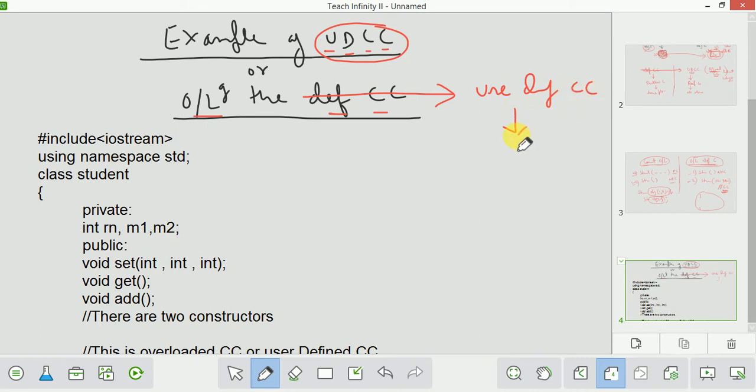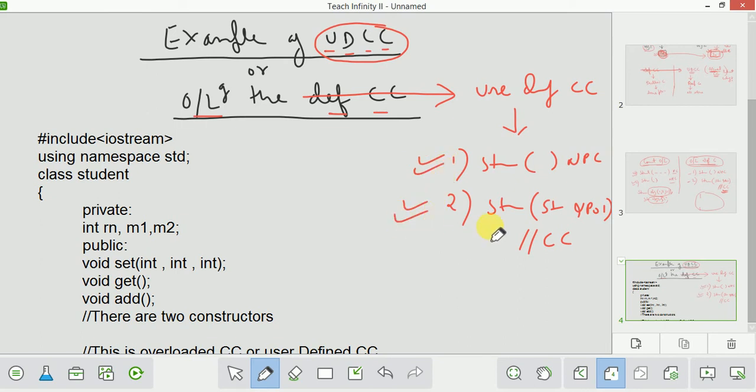It means that we will be creating two constructors. One will be our non-parameterized constructor or blank constructor, and second will be our copy constructor. So our copy constructor will be like this. That is what overloading means. One is your non-parameterized constructor, another is your copy constructor. So these two constructors we will create.